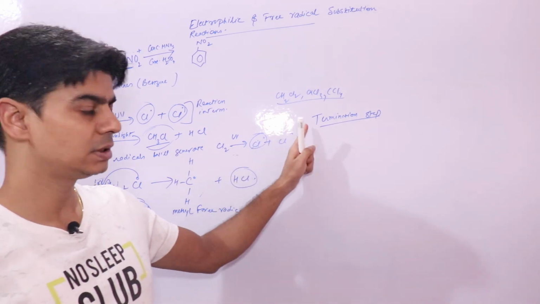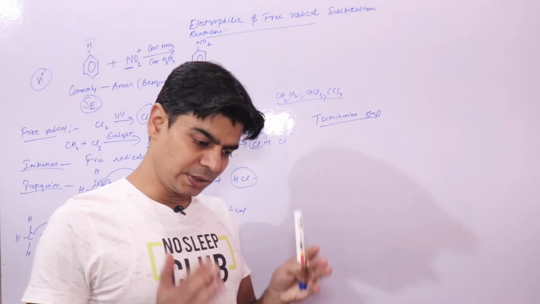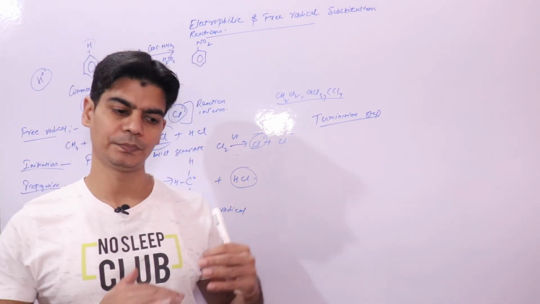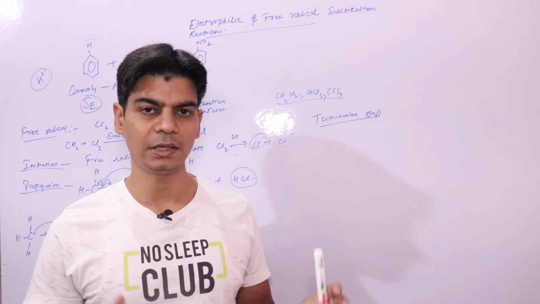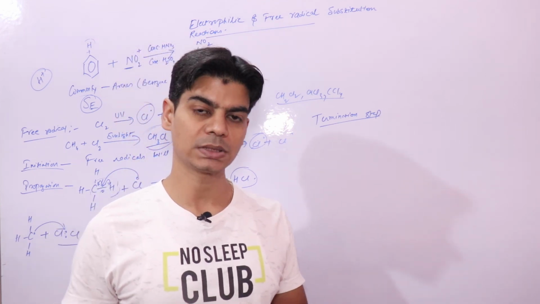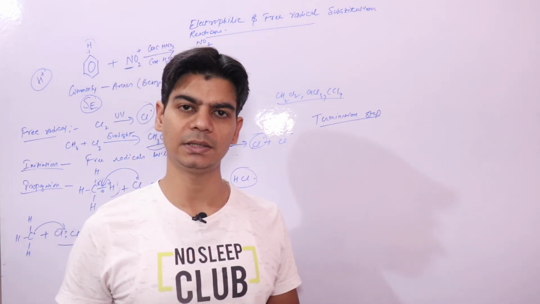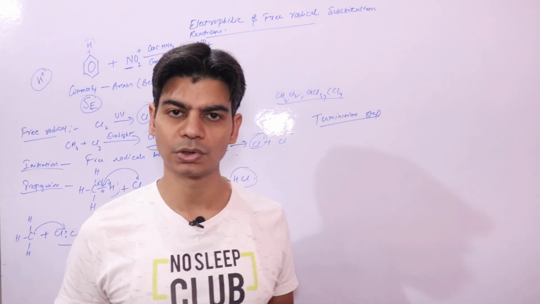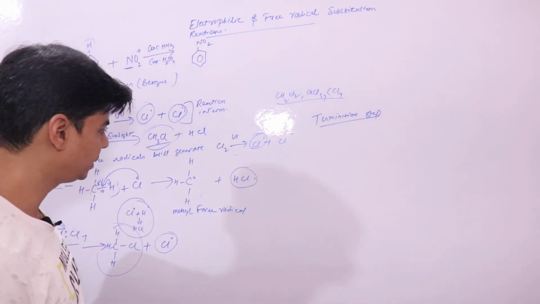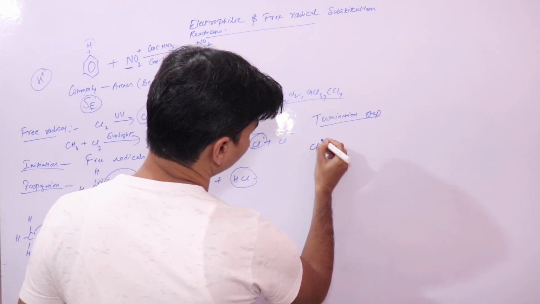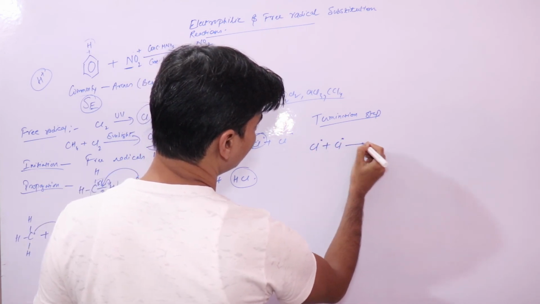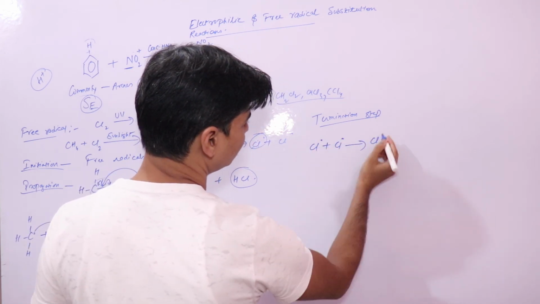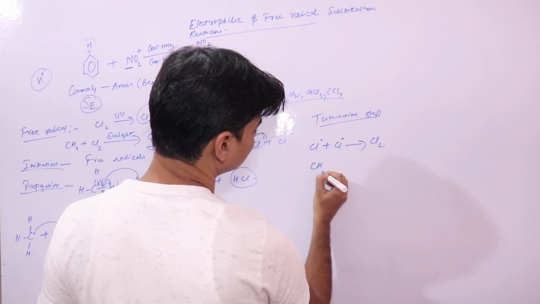In the termination step, the reaction would be such that the formation of these free radicals will stop, because unless the formation of free radicals stops, the reaction won't terminate. So in this termination step, free radicals will react to form neutral molecules,